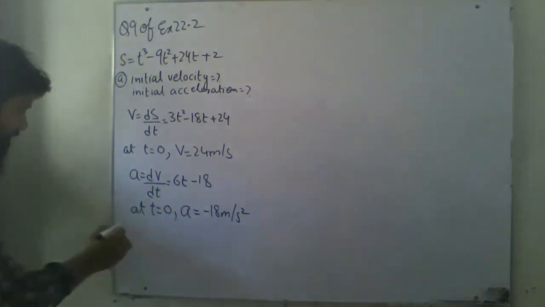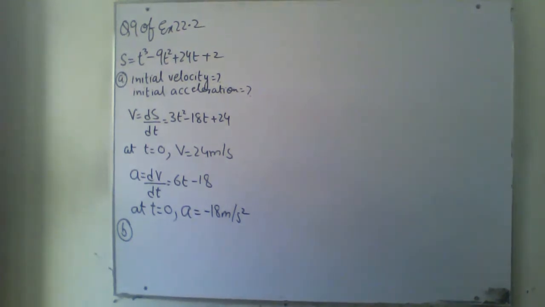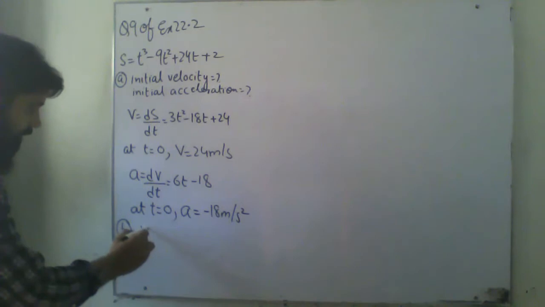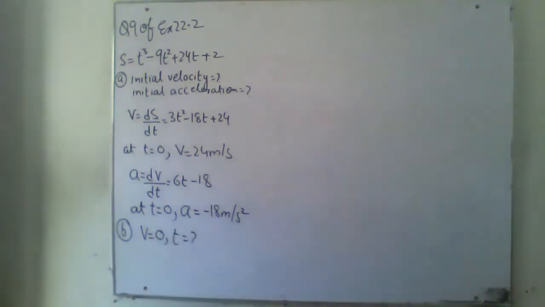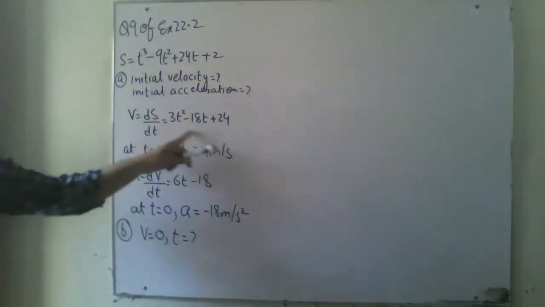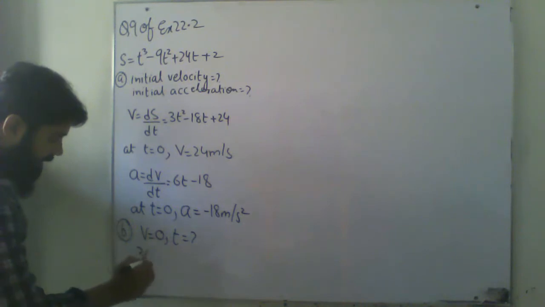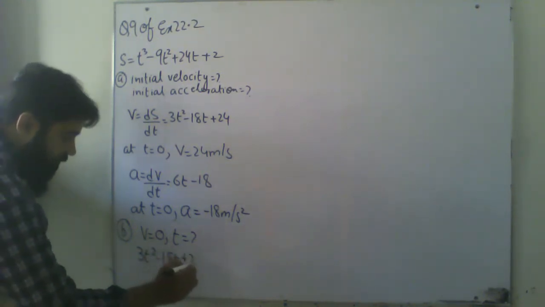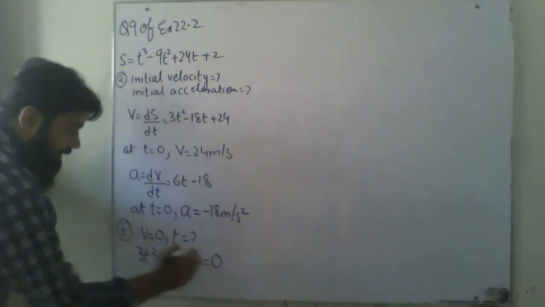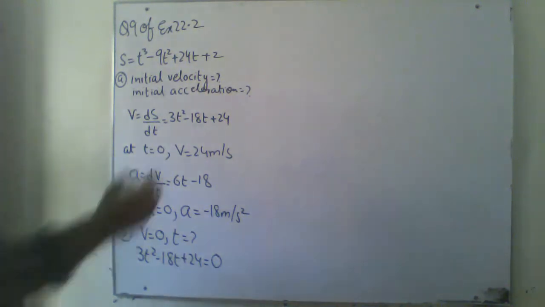B part of the question is saying that I have to find, when velocity is 0, what will be the time. Okay, so I have got my velocity equation over here, that is 3t square minus 18t plus 24, and I will be equating it with 0 because they are saying velocity is 0. So now simplifying it,